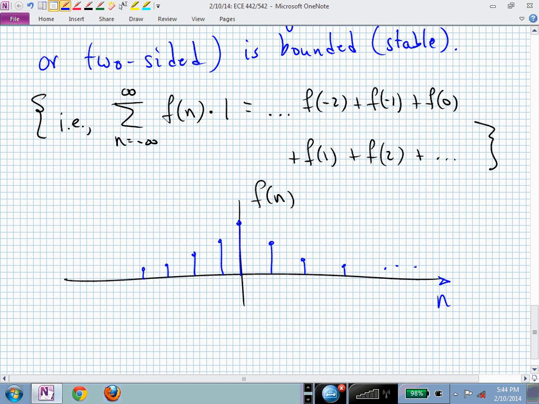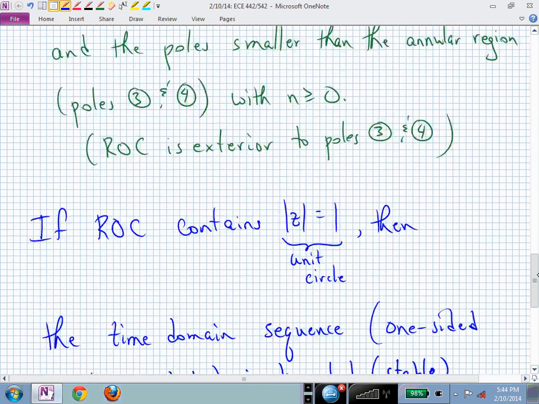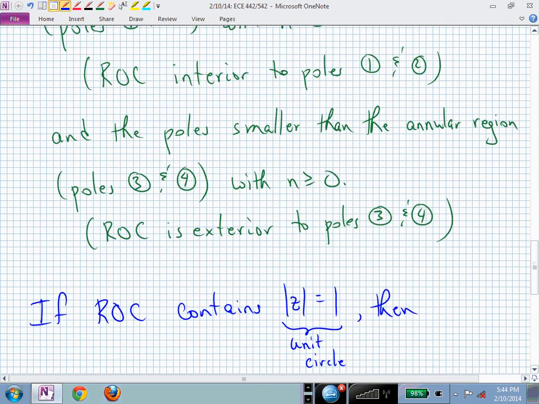So the region of convergence, if it's really the region of the poles, need to be inside the unit circle. So in this case, that's for a system. Now we're talking about a waveform. So we have two different things that could be transformed. We could transform signals, or we could have the z-transform of a system. For a system, we like all of its poles inside the unit circle, and then it will be a bounded-input,